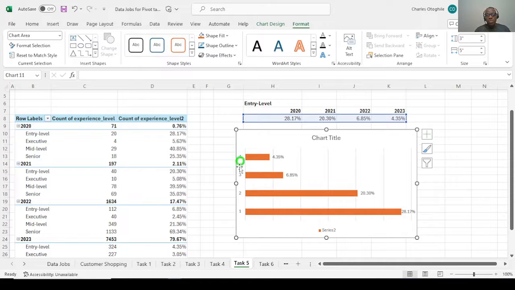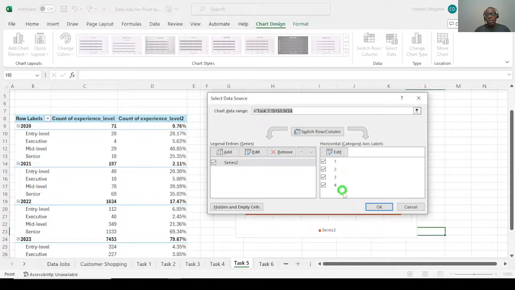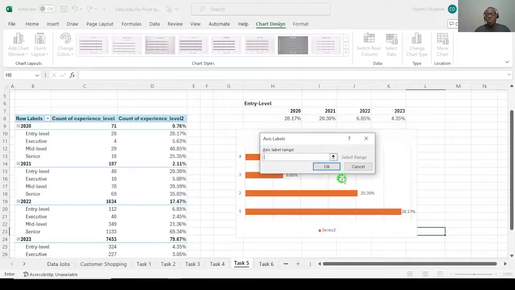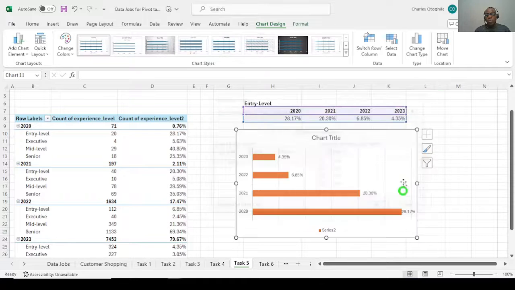But I want this to show the years. How do I do that? So I'm going to still select on the chart. I'm going to click on Design, Chart Design. So you're going to see this place where you have Select Data. So I'm going to click on this. So you see it here? That's not what's supposed to be there. So I'm going to just click and select this. Okay. And so you can see for each of the years, I'm able to see what it should be